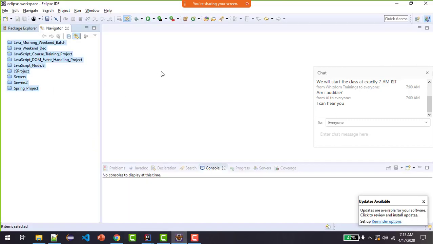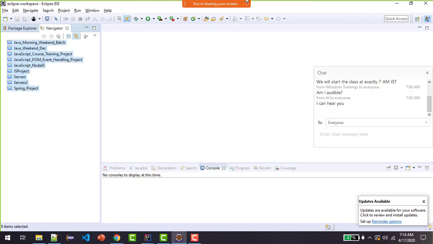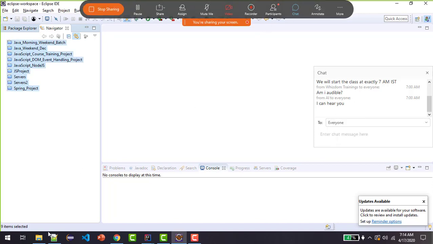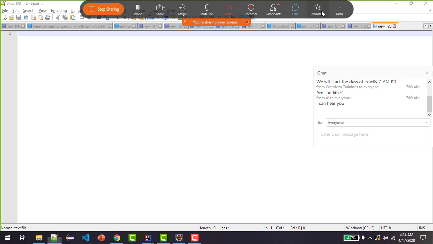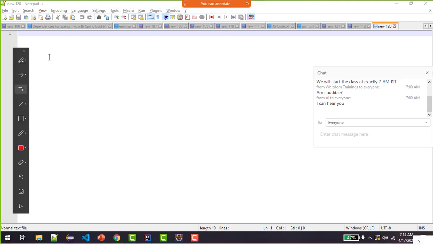Then comes this environment where we write the Java code, right? So this environment is called the integrated development environment. If you have any questions here, you can ask me, right? So what is this integrated development environment? IDE.